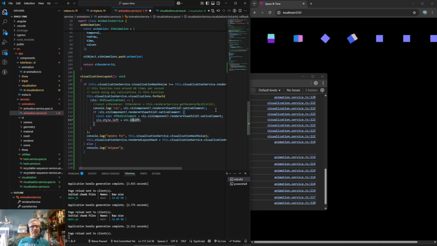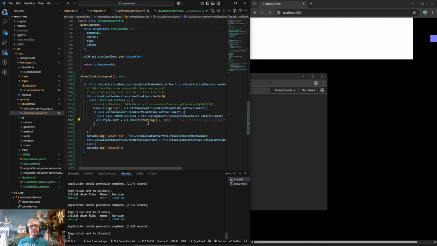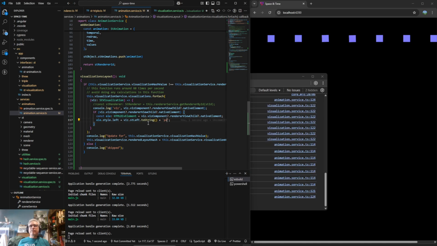And then I believe one of these is type string. So this is a string, right? Oh no, that's a number. I believe I need a px next to it. I don't know if that's going to work or not.